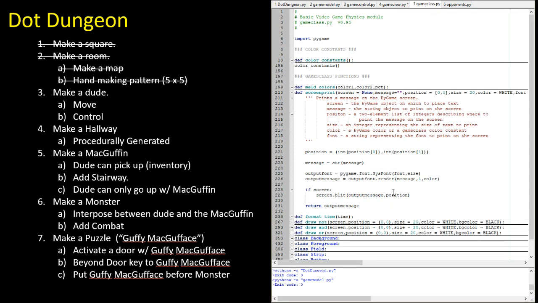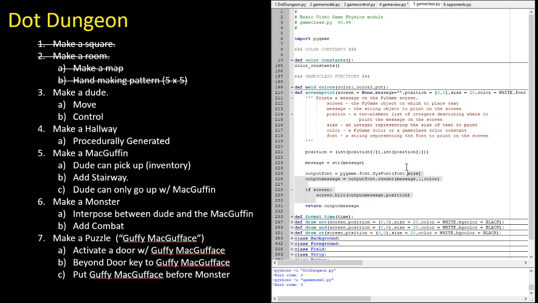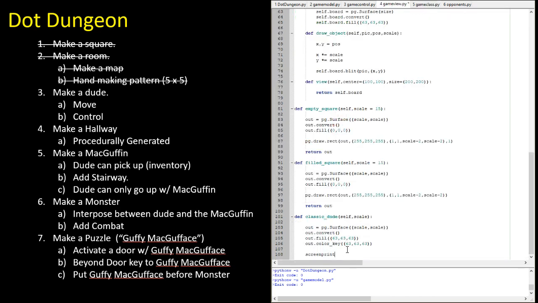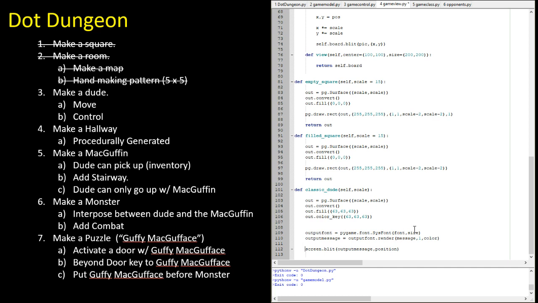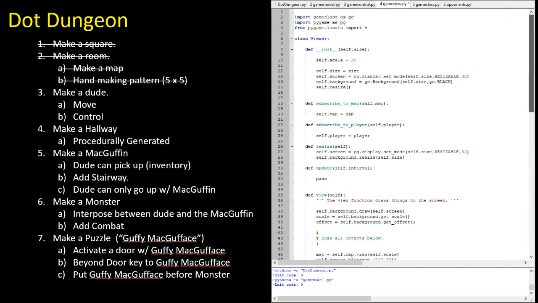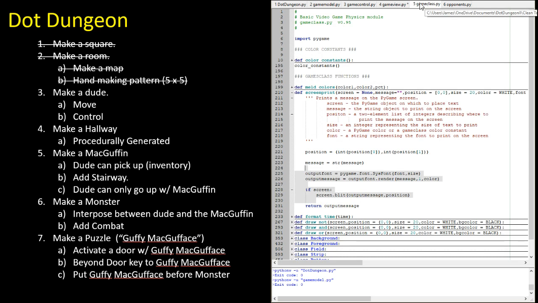Possibly I should just use what I've got here. Message equals to message. I'm just going to Z copy. What was that? Oh, that was probably something from what I was doing before. So let's see if I can... I don't need to use the game class screen print because I can do it all on my own. Output font equals font size. I've got Pygame, or do I have PG? I've got PG here. Could use the game class. Let's just use the game class. It's screen print